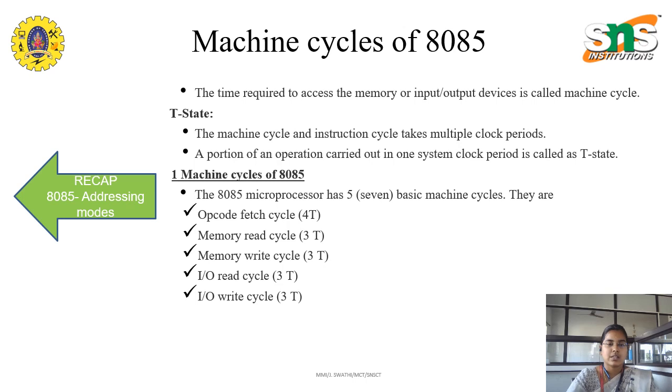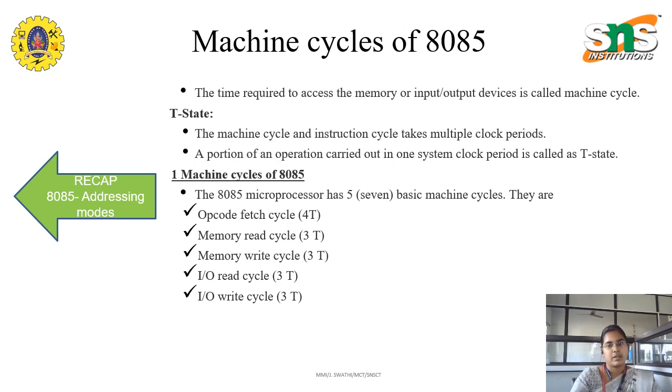These control and timing signals depend upon the machine cycles. Before getting into that, we need to know the addressing modes and instruction formats we have. We have three types of instruction format: 0 byte, 1 byte, and 2 byte. Depending upon that, we have addressing modes like direct addressing mode, indirect addressing mode, and immediate addressing mode, etc. Depending upon these addressing modes, we are going to see what machine cycles are available